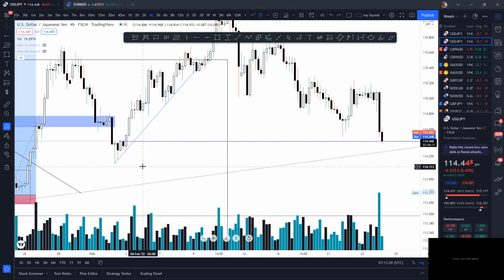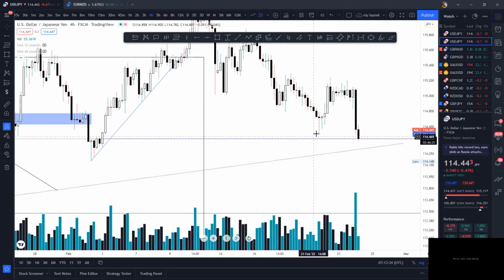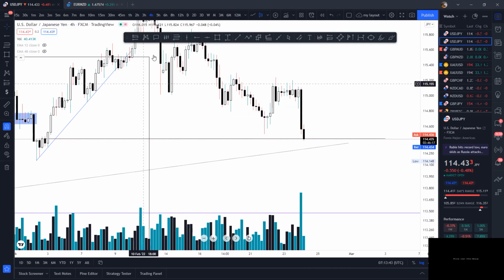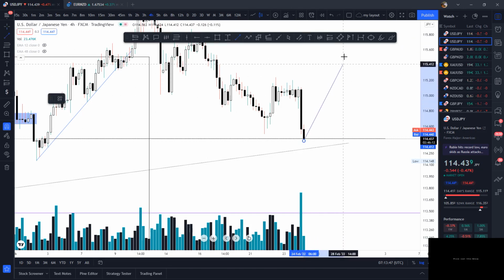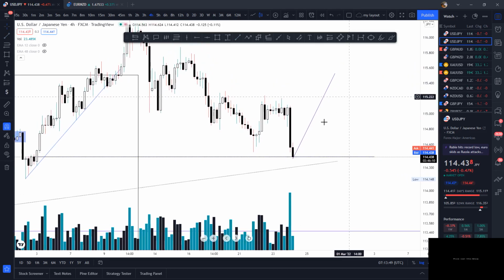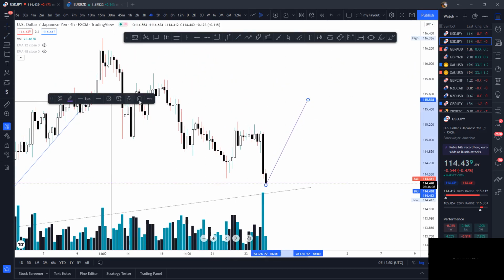a demand zone here, a demand zone that has been engulfed. Price gave us a first attempt to reach it. Yes, we had a strong move, and now price has come back to it. So with this, my expectation is to see price move to the upside. So for instance, I'll be looking for something like this